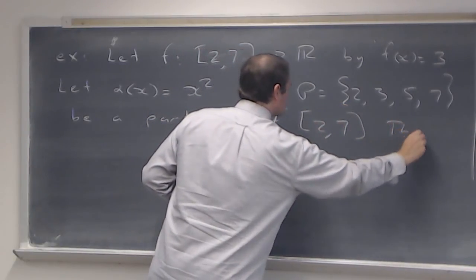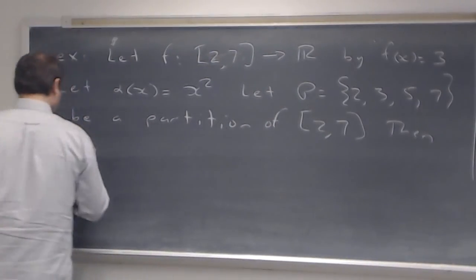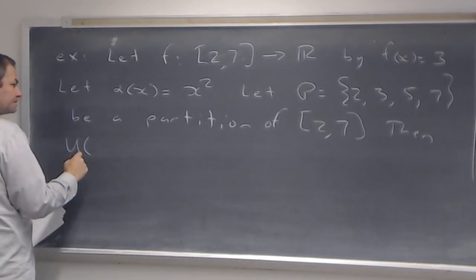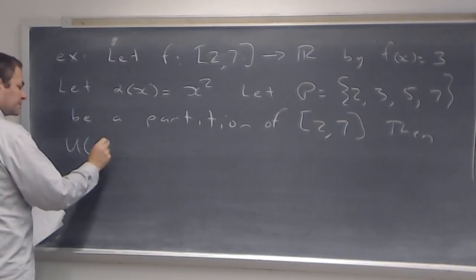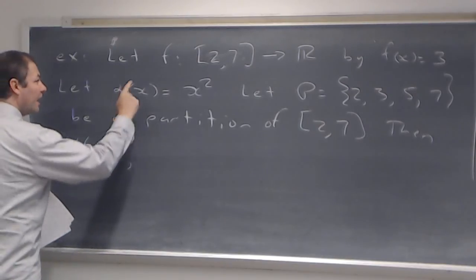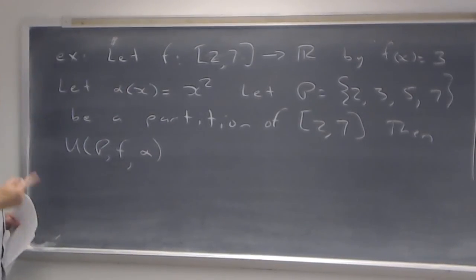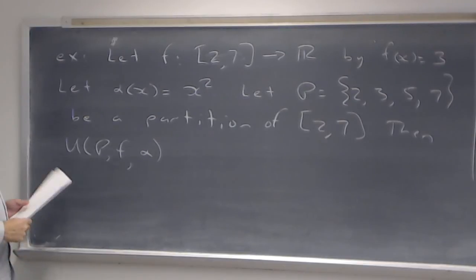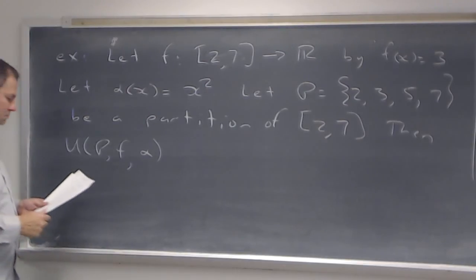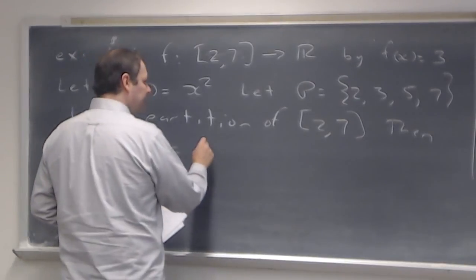Then, if we look at the upper Riemann-Stieltjes sum with this particular partition for our f and for this alpha, here again f is bounded and alpha is increasing, then what that's defined to be is